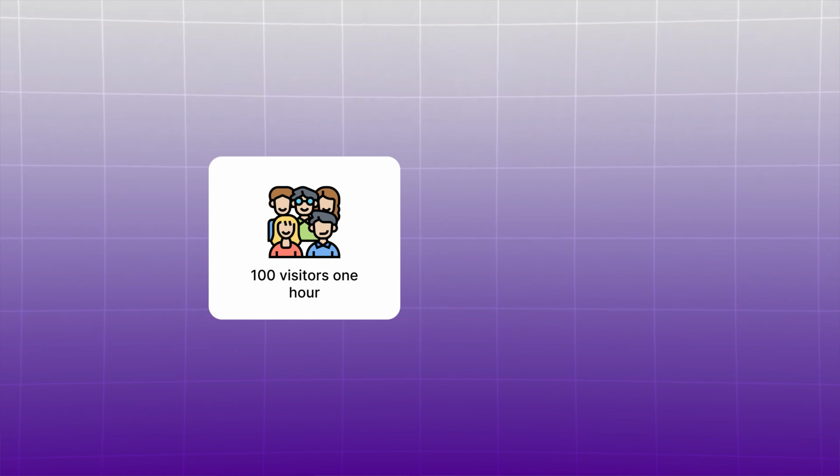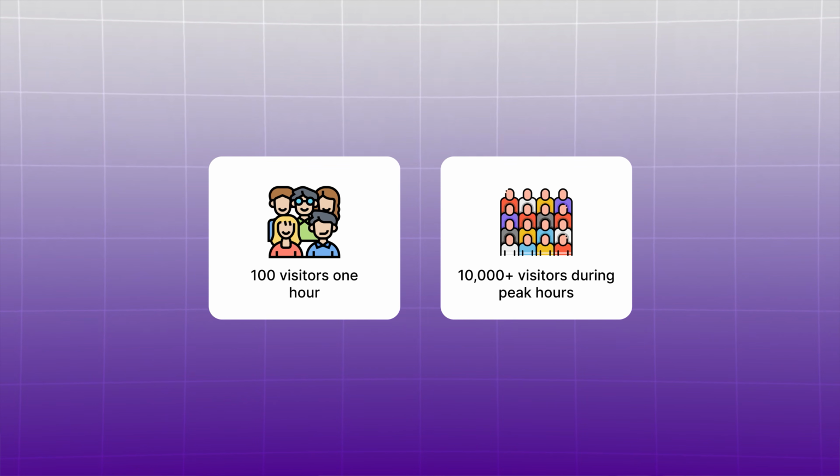This serverless setup is perfect for unpredictable workloads. Maybe your store gets 100 visitors 1 hour and then 10,000 during peak hours on the weekends. Lambda can automatically scale to handle any number of requests. It's also great for specific tasks like image processing, where you need intense computing power, but only for short bursts. For example, when users upload profile pictures, a Lambda function can resize them and generate thumbnails immediately, and then shut it down until the next upload. Serverless is also great for dev teams that just want to focus on shipping features and not worry about the